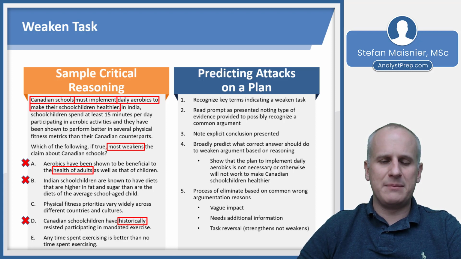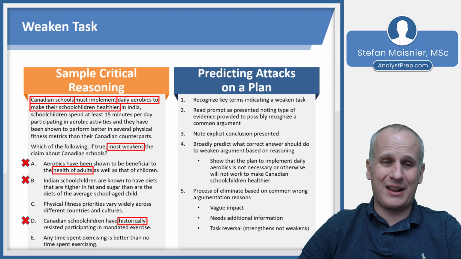Well, this makes it seem like the Indian school children would be predisposed to be less healthy than other school children, which means that if they were able to perform aerobics better, it might be because of whatever India is doing differently. So it makes it seem like the aerobics is helping the Indian school children who have poorer diets, and that actually would directly show that the plan works,